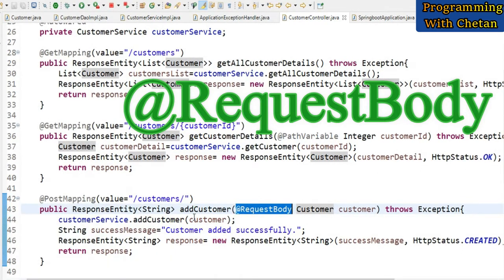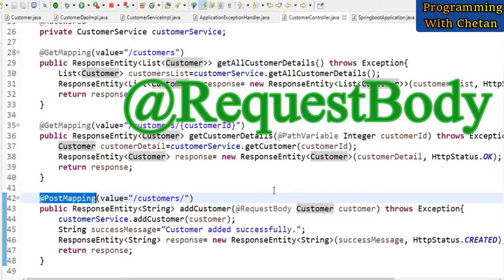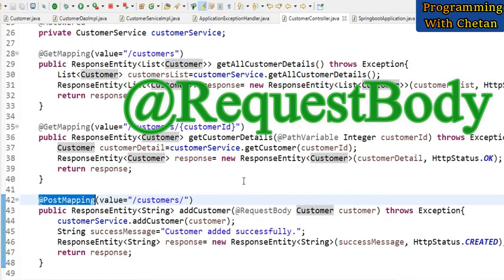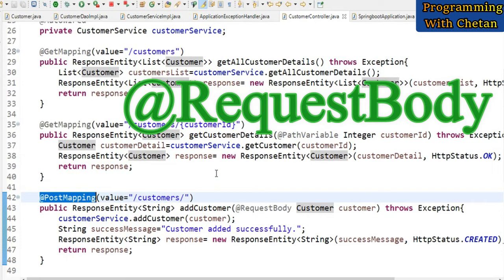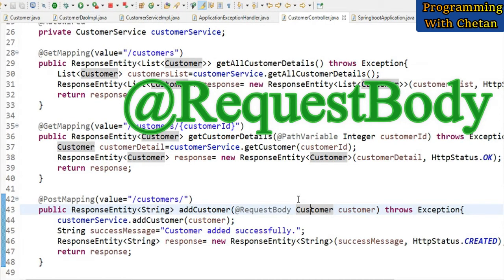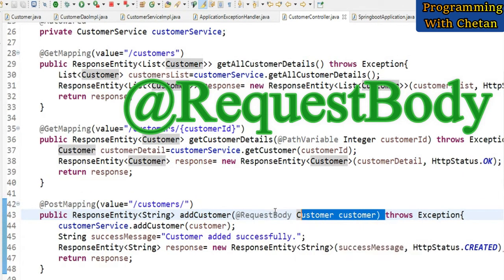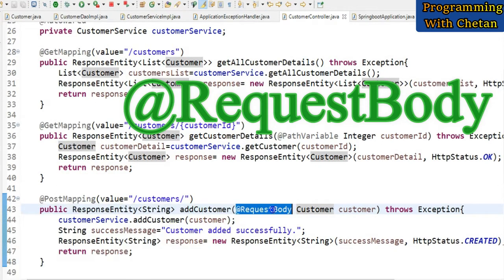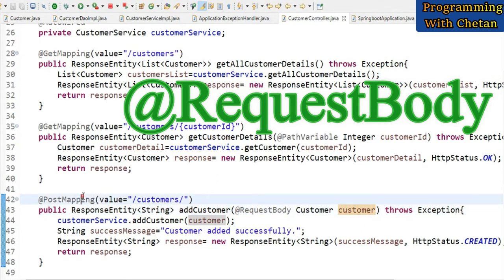So friends, as we know, a POST request is used to handle sensitive information. Take an example: if we are on a login page and we are validating a customer, we are passing a user ID and password in a request. So we cannot pass the sensitive details in the URL path, correct? So when we have to send any sensitive details along with a request to a server, then we can pass those details in the body of our request. So here we have used a RequestBody annotation. The customer details we will pass in the body of our POST request.